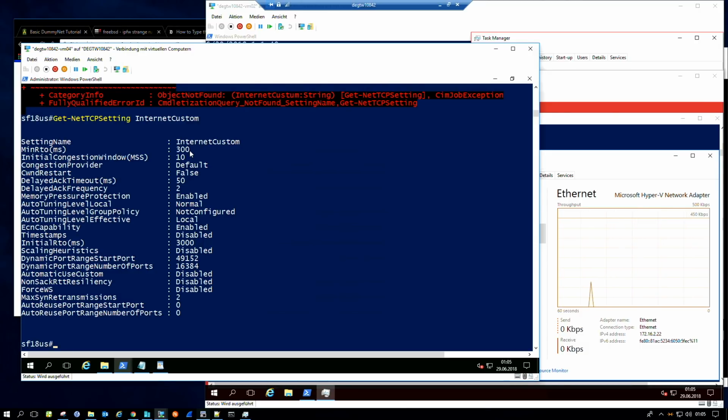So as per documentation of Microsoft, default congestion provider for a Windows 10 client is TCP New Reno and compound TCP. And for a Server 2016, it's Datacenter TCP. Now, what's Datacenter TCP, you might ask? It's actually quite simple. Datacenter TCP means I have a New Reno congestion control algorithm with ECN on top,